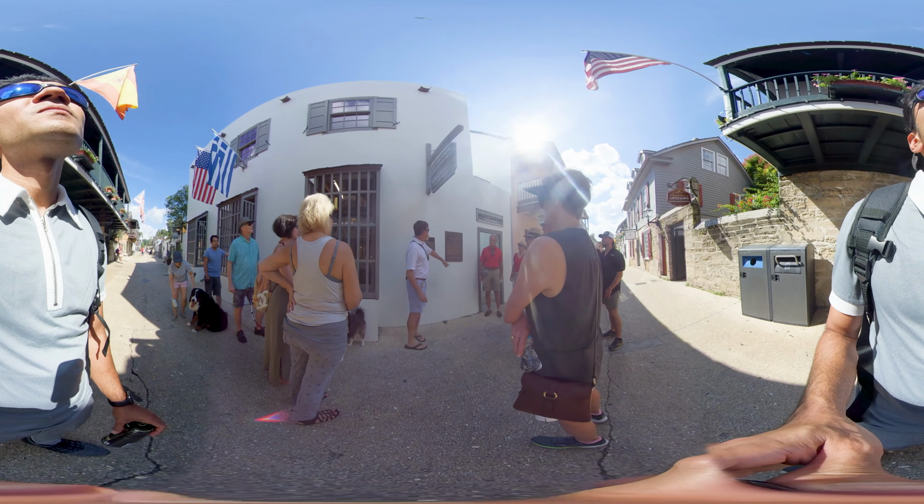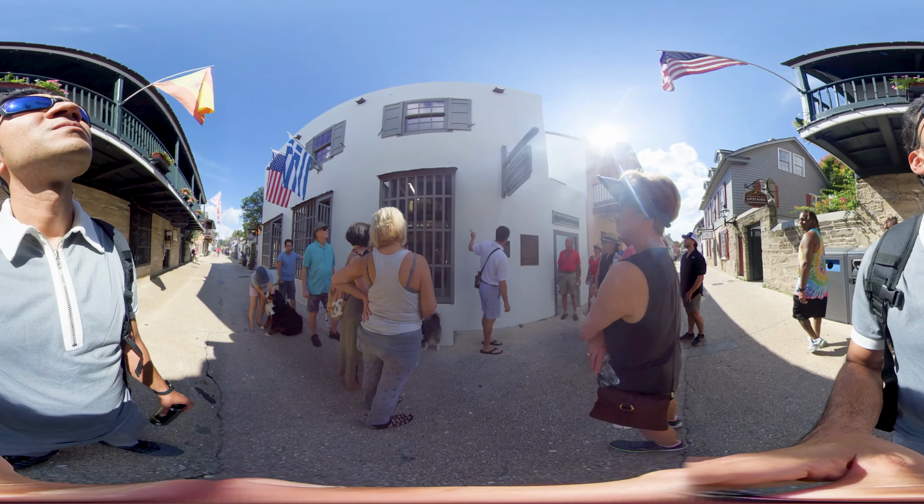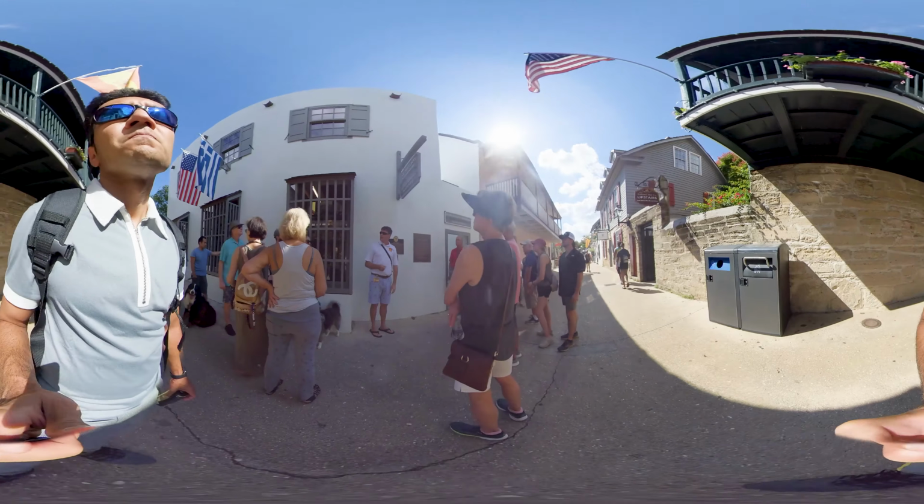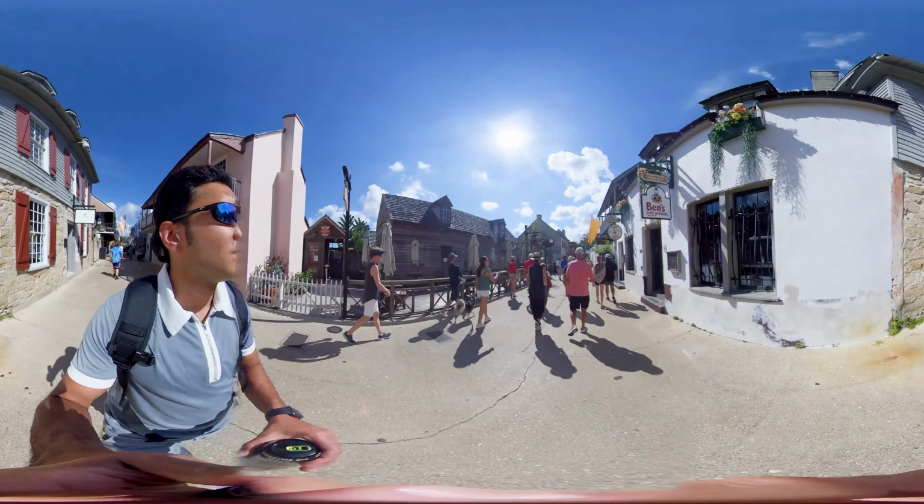So if you guys go inside the shrine later, there's a huge mural up on the wall of people walking up here from New Smyrna, and there's artifacts as well from the plantation. All right, let's step on down to the